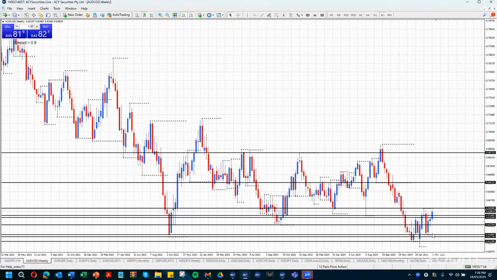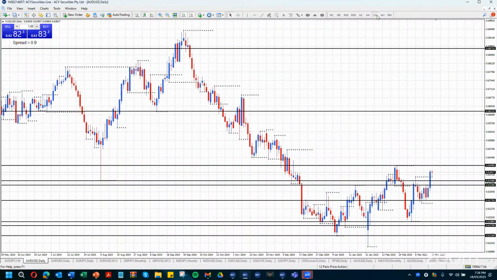Weekly trend is now put in a higher bottom. Haven't quite come up over the top yet. Mainly the job figures this week could pull it over that top, but we're in an uptrend on the weekly chart. Daily. Its weekly high here could be a level where sellers could trade down from this week if you're more bearish on the Aussie than I am. I'm just bullish. Day chart's got a high bottom, high top. So again, looking for a dip.